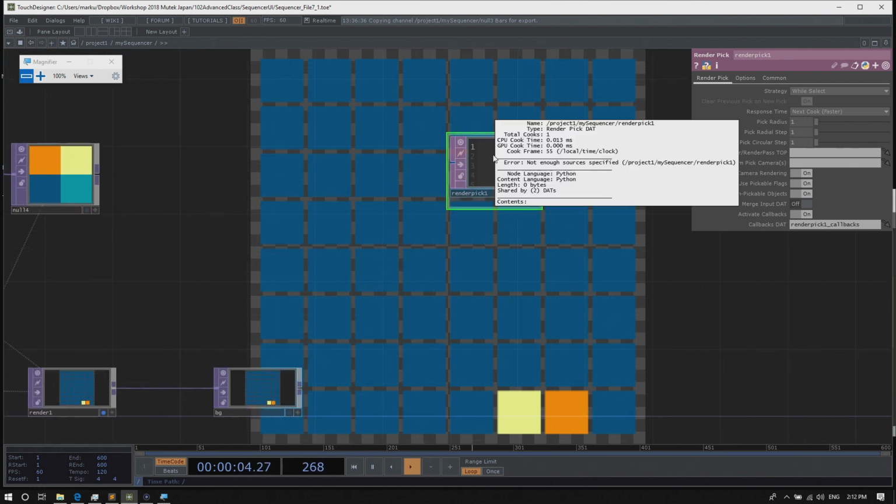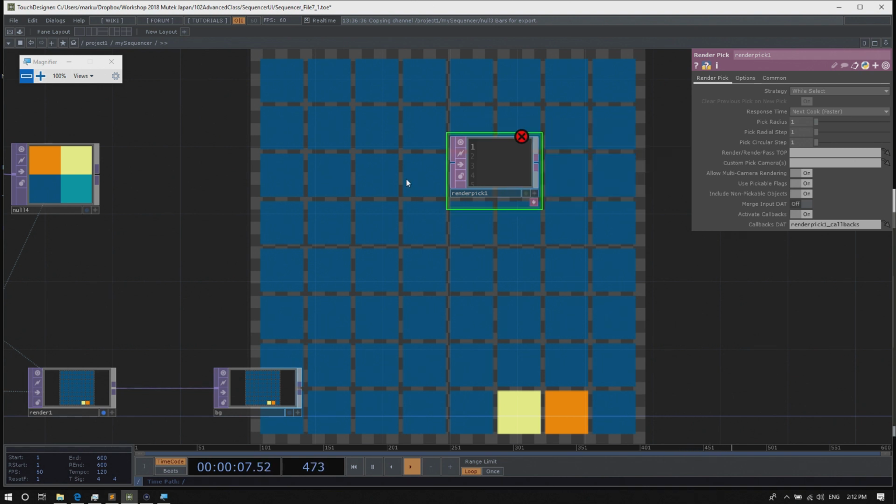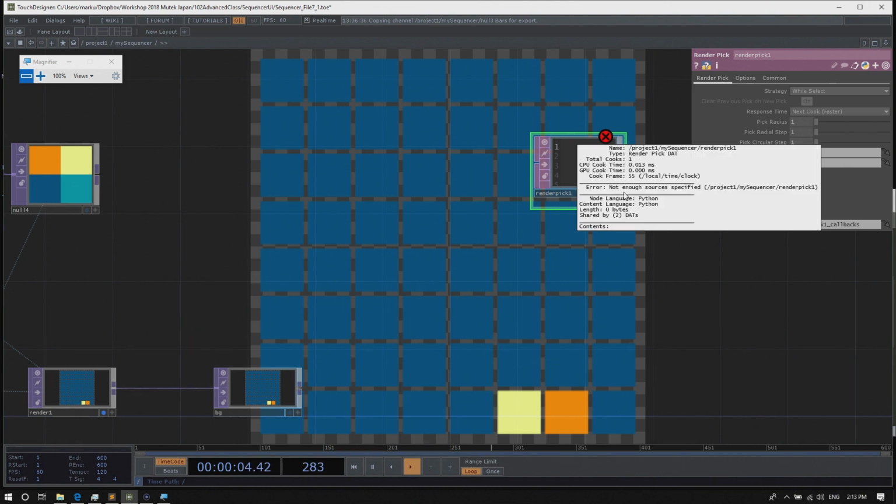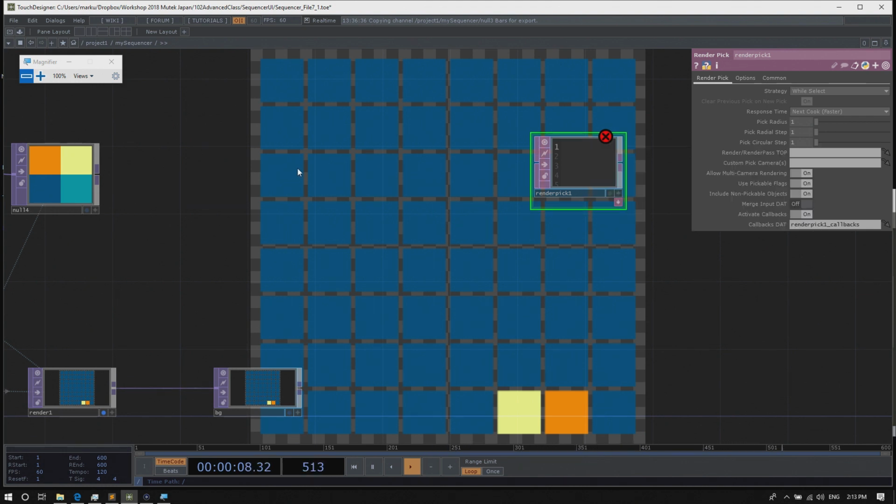And the render pick DAT comes up with an error because it needs an input. で今レンダーピック作っただけではバッテンが出てるんですが、それはソースがないよっていうことで怒られています。And the input needs to be a table with at least 3 columns, which is, let me look that up, the select state and the U and V coordinate where that state occurred. でインプットの、ソースには、テーブルである必要があって、でそれが UV の、選択されている位置のコーディネートと、座標と UV and select.